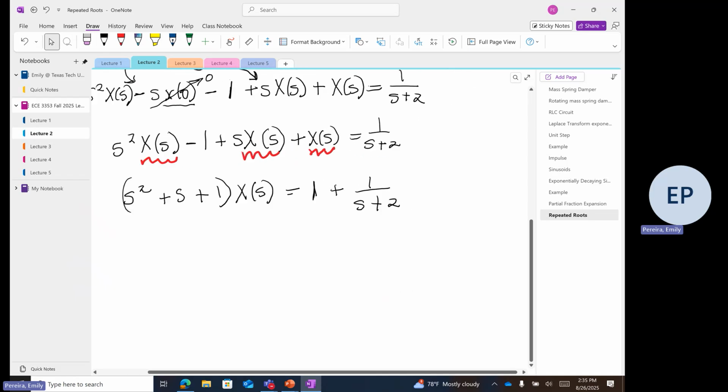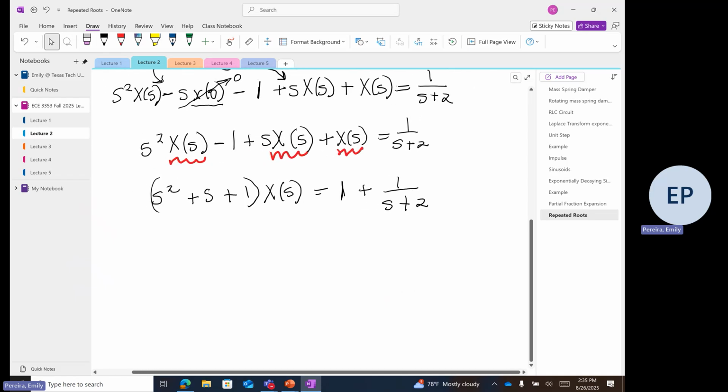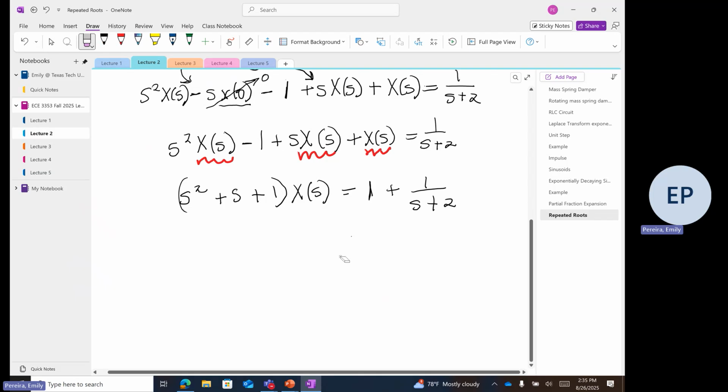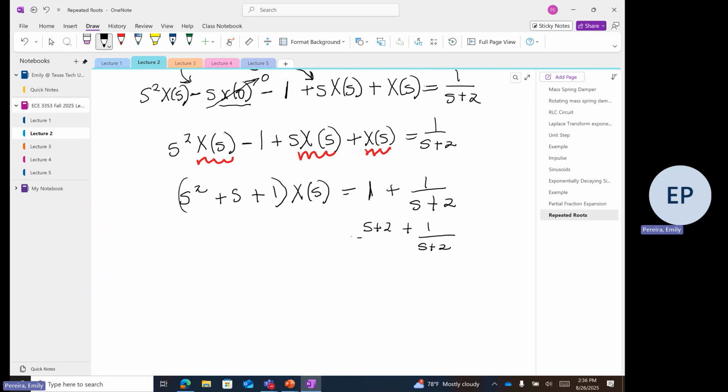Okay, and if we find a common denominator, then we have s plus 2 plus 1 over s plus 2. So 1 is like s plus 2 divided by s plus 2. This gives you 1. So we just found a common denominator. Now we can add the numerators. Okay, so we have s plus 3